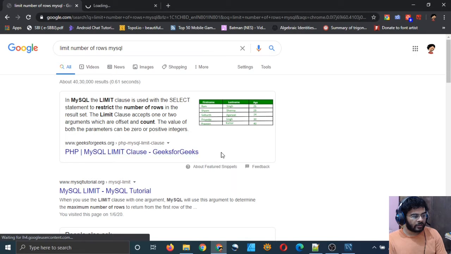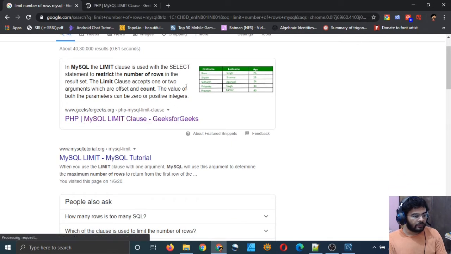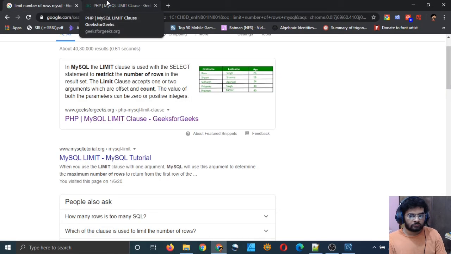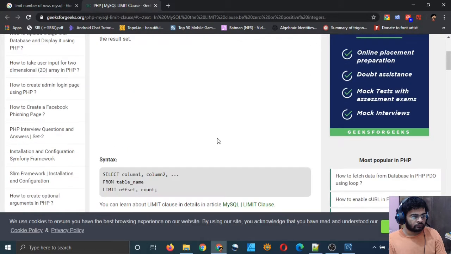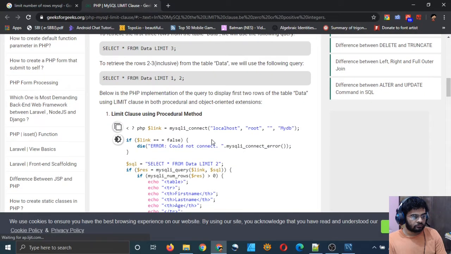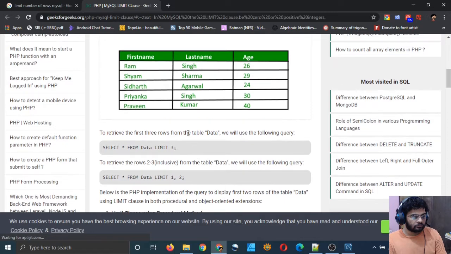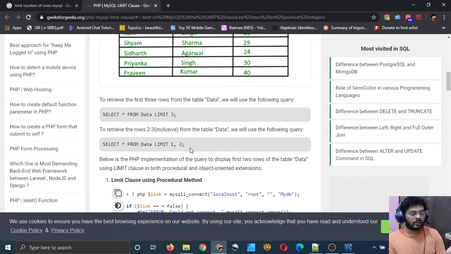So it seems like there is a command to limit the number of rows. You can type limit 3 to get the first 3 rows from the whole result set which is fetched by the SQL statement.